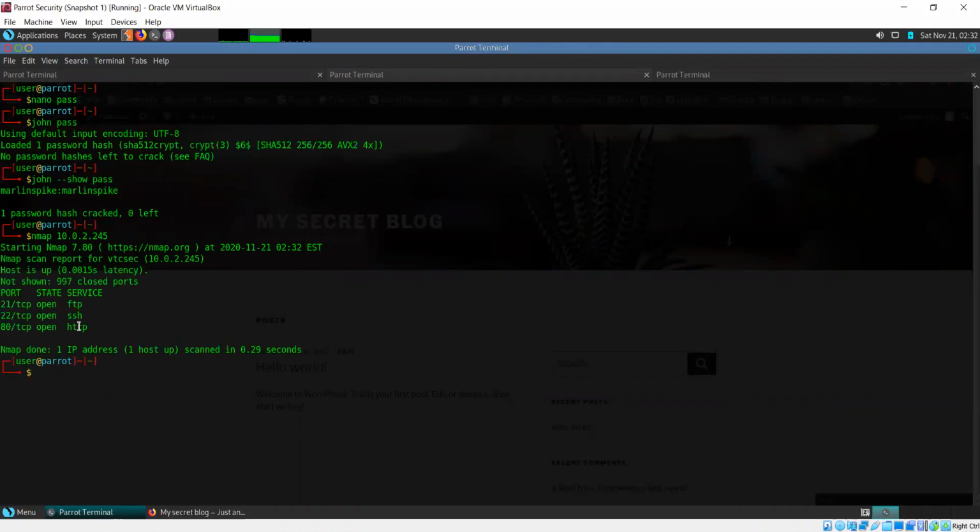Now the next time I want to access that system, it's very simple. All I have to do is ssh root, because after ssh you need to specify the user account that you want to log in as, at the rate, now the IP, 2.245. In the next step, it's going to ask you the password.